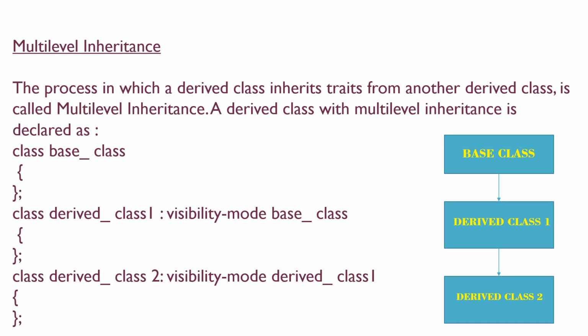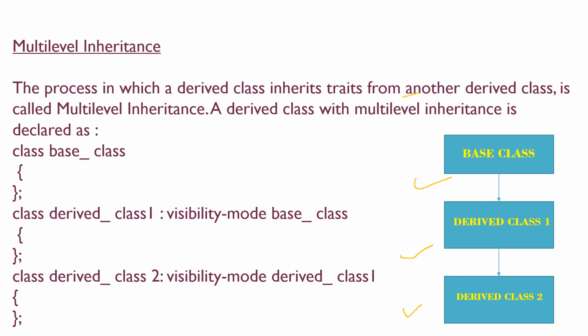A derived class with multi-level inheritance is declared as given below. So in this diagram you can also see that first we will create a base class, and then a derived class. Derived class 1 is inheriting the property of the base class, and later we can see derived class 2 is inheriting the property of derived class 1. So this is the structure followed in